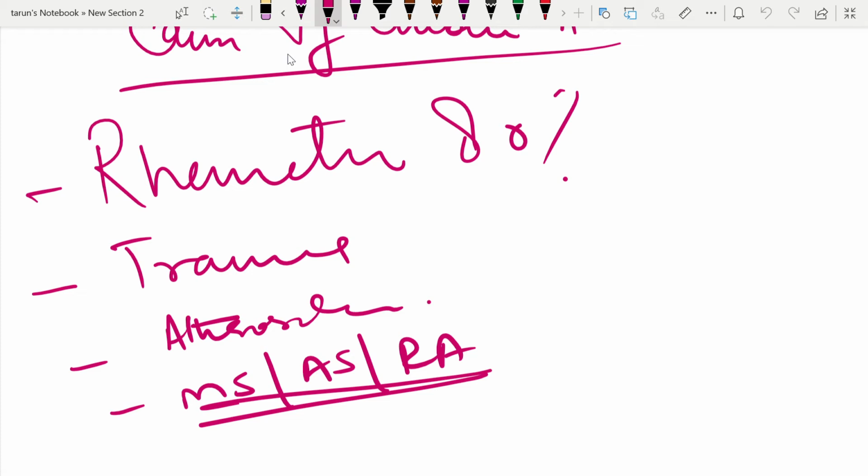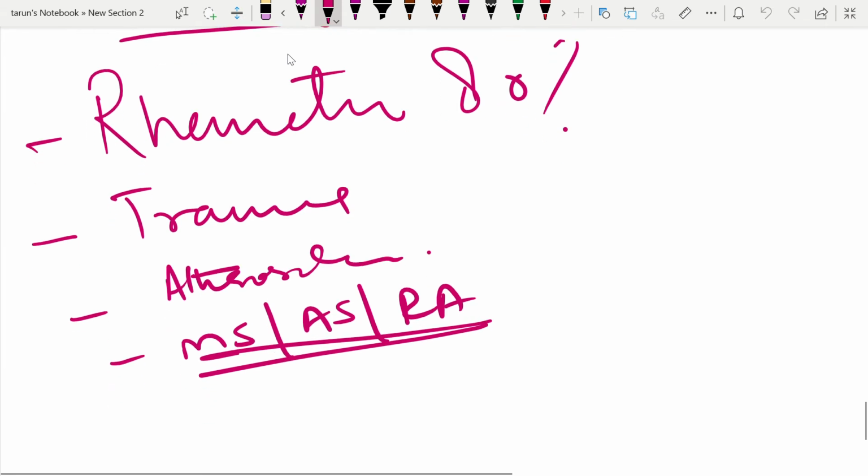The rheumatic, trauma, infective endocarditis, and bicuspid aortic valve, these cause direct involvement of the valve leaflets, while the other causes which I told produce aortic regurgitation by ring dilatation. That is atherosclerosis, dissection of aorta, Marfan, ankylosing spondylitis, rheumatoid, Reiter, dissecting aneurysm of aorta, syphilis. They cause aortic valve ring dilatation at the aortic root, so they cause the aortic regurgitation. So these are the chronic causes.